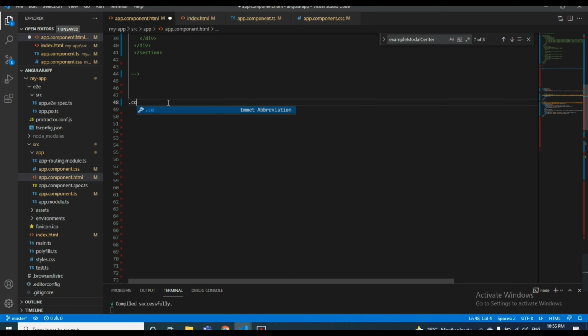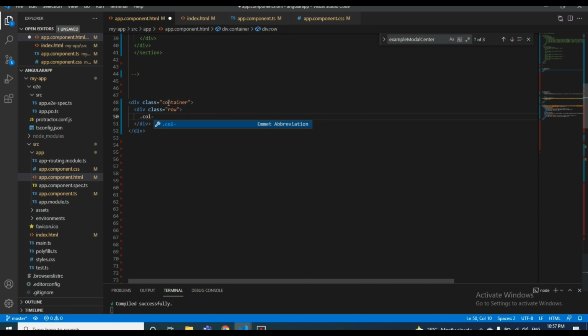I'm starting within a container and row. I will start with the column lg-10.